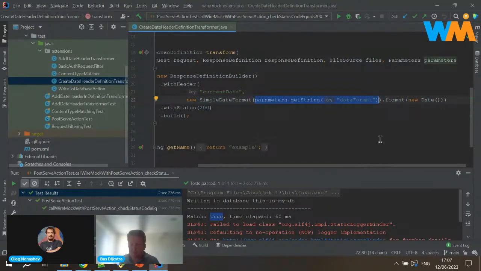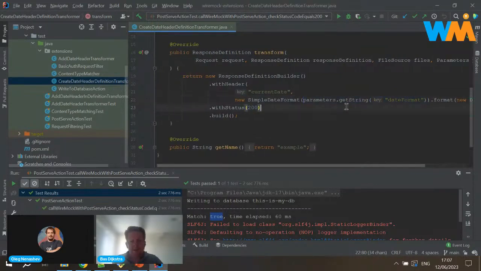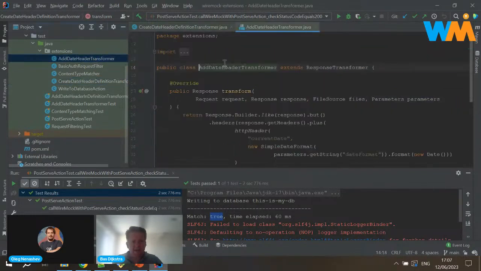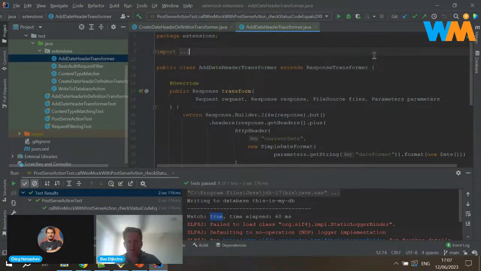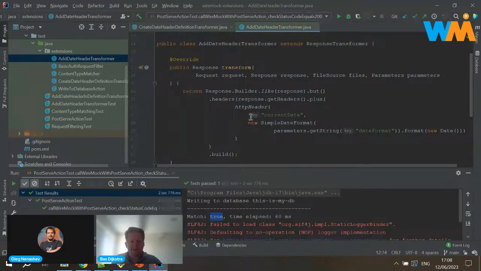So again, this one also takes parameters. And so, for example, I can specify a custom date and time format here. The response transformer does something very similar, but it's applied to the response after it is rendered by WireMock.